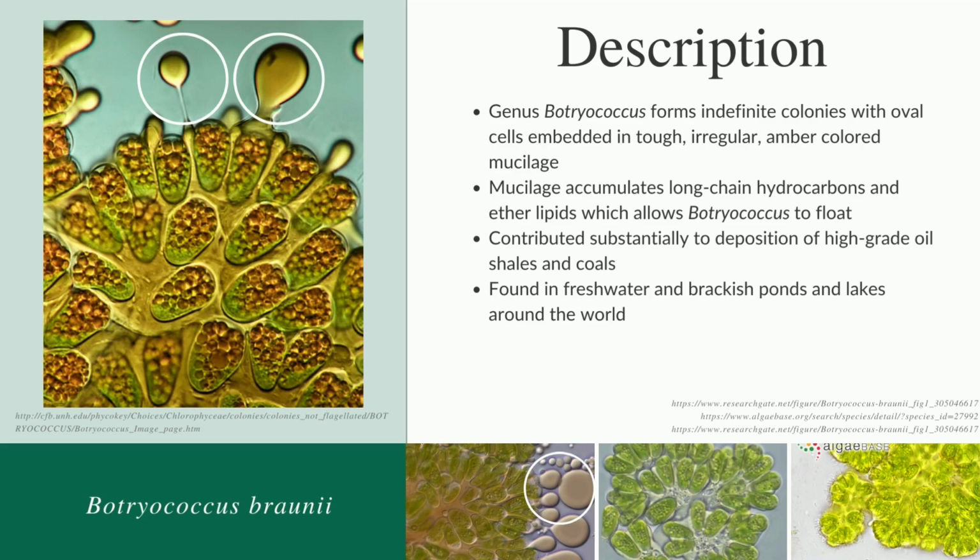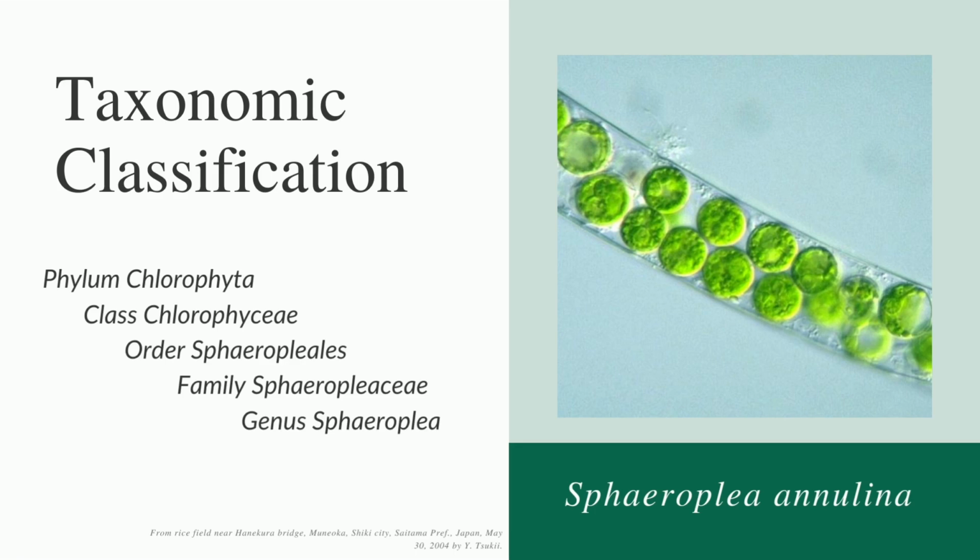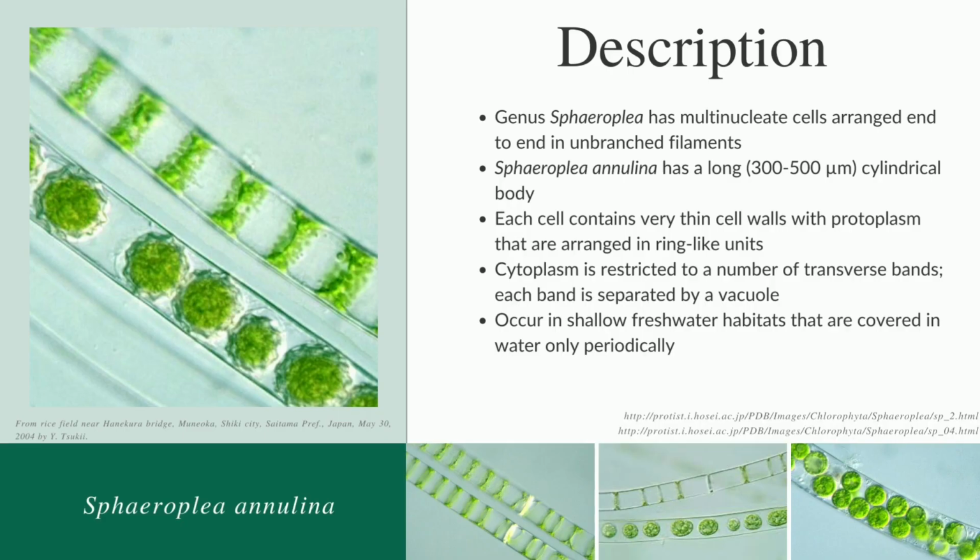shales and coals. Next is Spirogyra annulina from family Spirogyraceae. Genus Spirogyra has multinucleate cells arranged end-to-end in unbranched filaments. Spirogyra annulina has a long cylindrical body. Each of its cells contains a protoplasm arranged in ring-like units. And the cytoplasm is restricted to a number of transverse bands separated by a vacuole, and it occurs in shallow